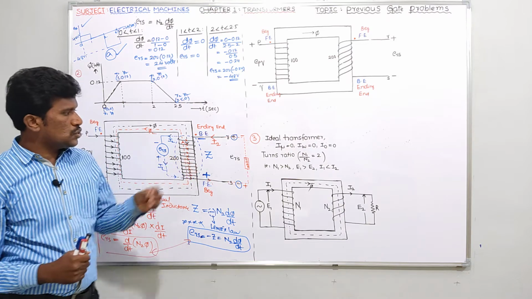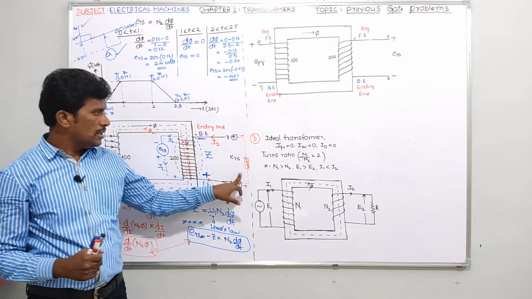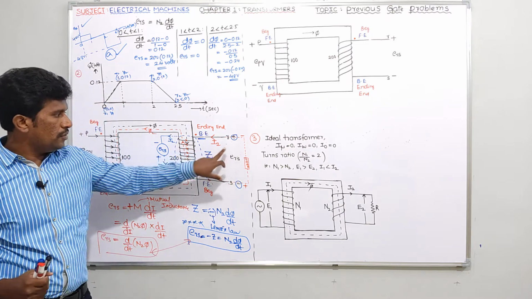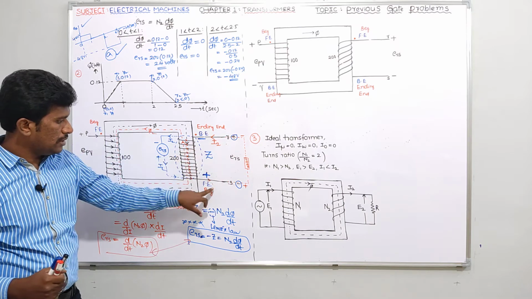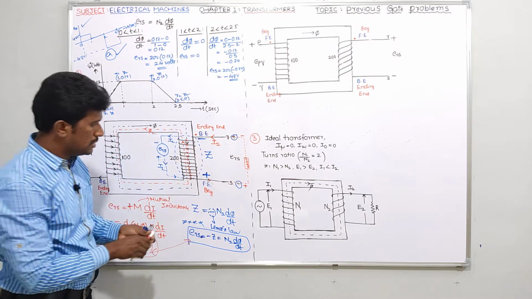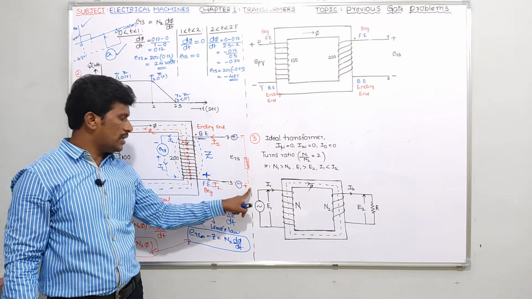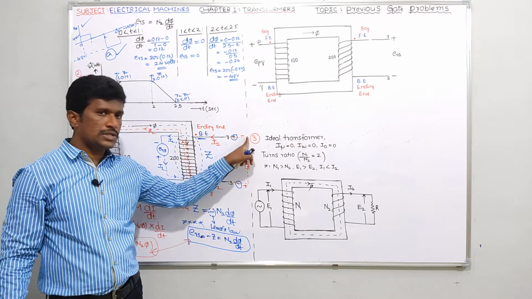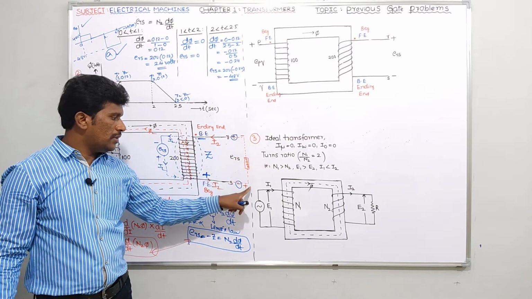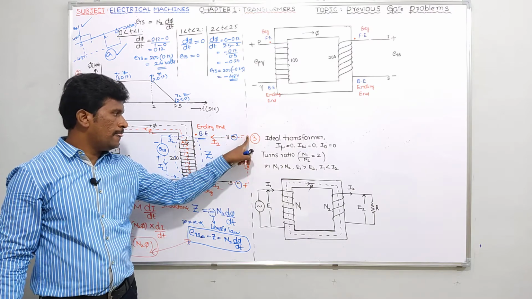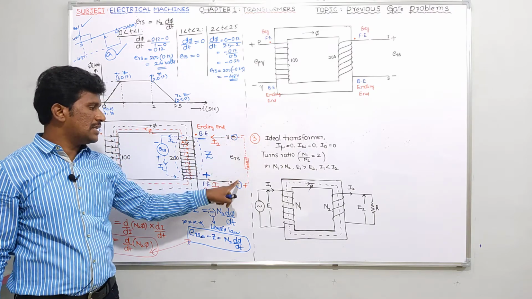I think for this question, so many people are having this doubt. Sir, if you take this current direction, the current is going like this. At a load, current always has to enter at plus and leave at minus. No, sir. So regarding our discussion, plus should be here, minus should be here. But he is saying that plus is here, minus here.